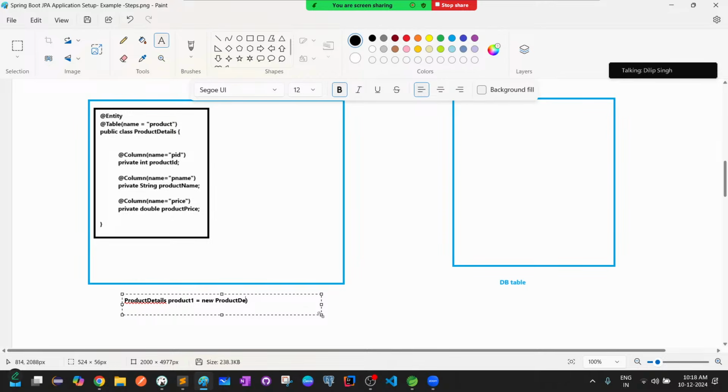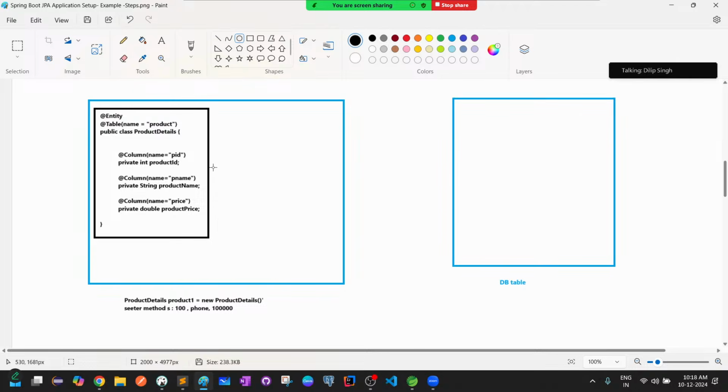ProductDetails. And then you will call setter getter methods. By calling setter methods, you will set the values. Okay, like set id equal to 100, and similarly the name is phone and the price is 1 lakh rupees, like that. You can set those values via setter methods like product.setId, product.setName, product.setPrice, like that. Finally, you can create an object,